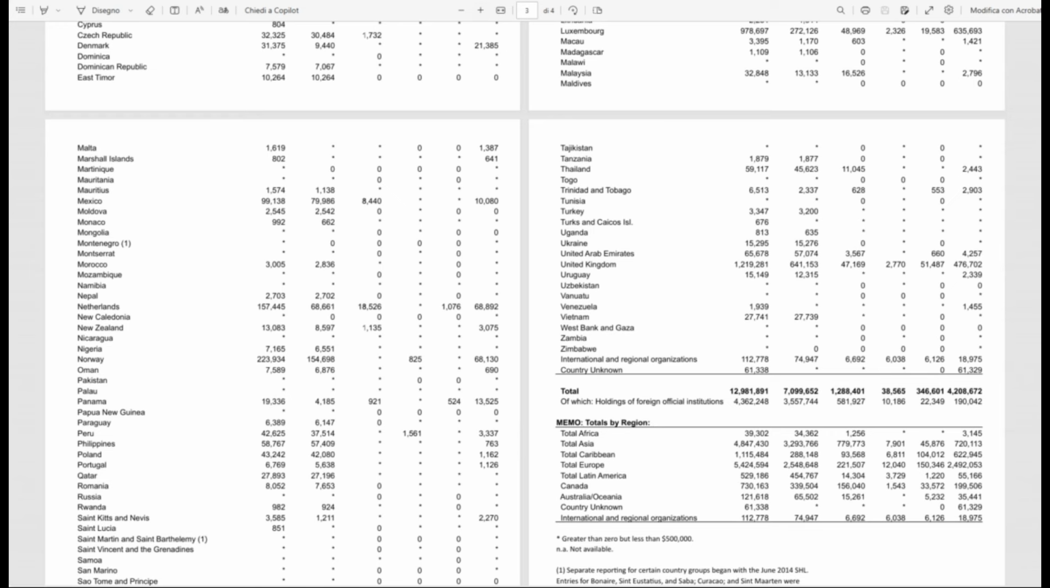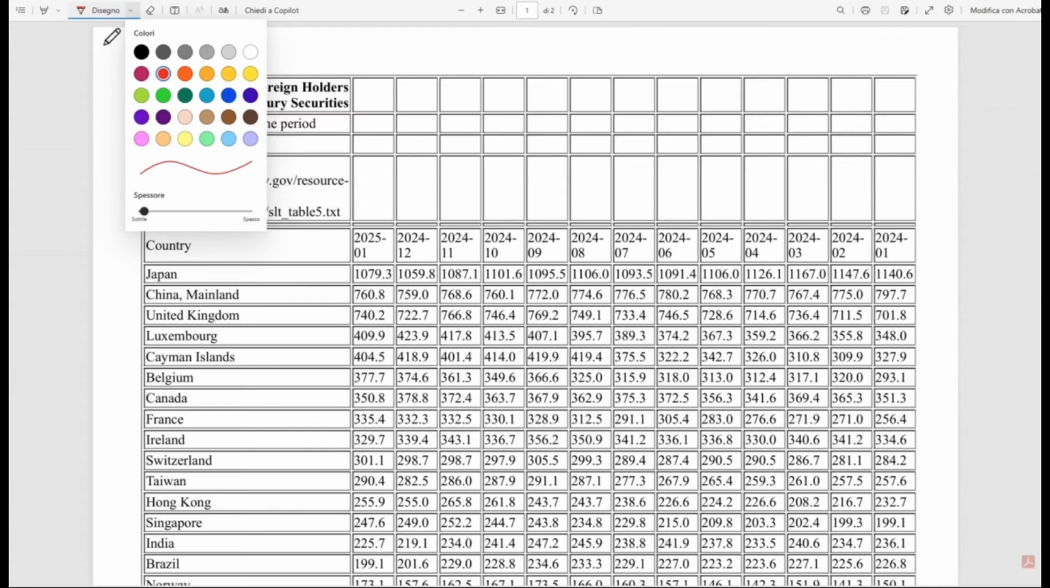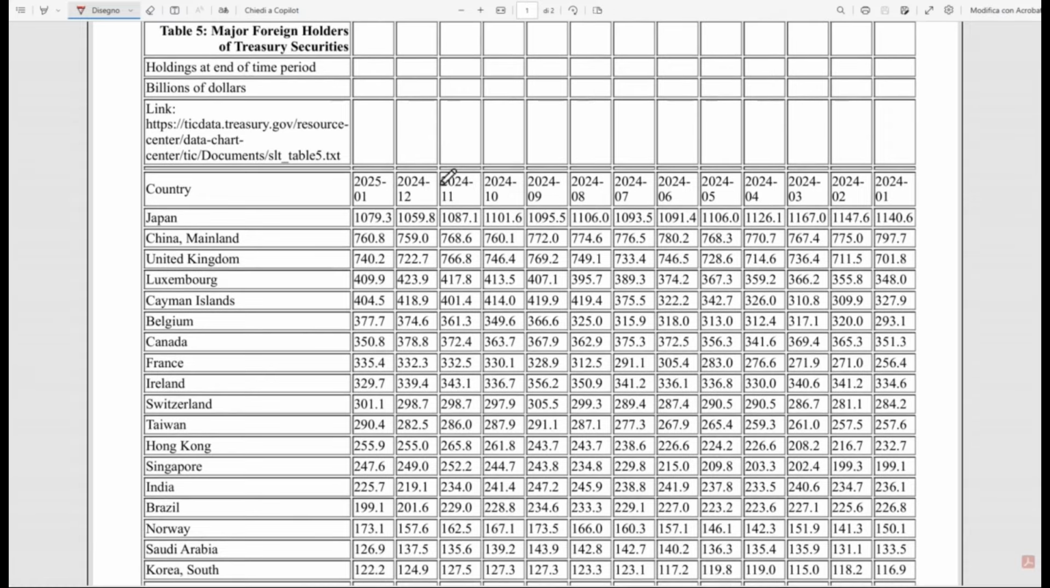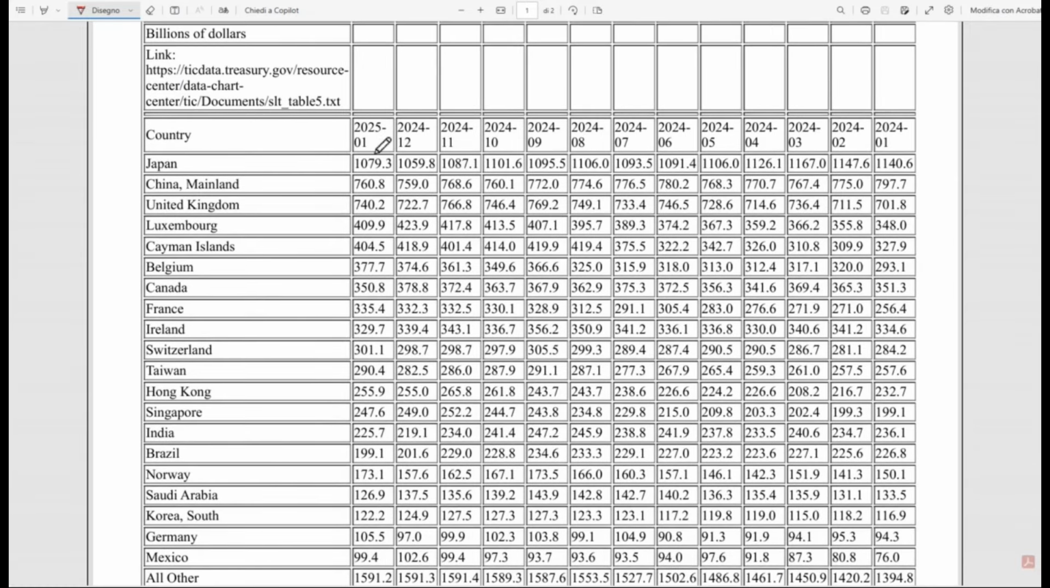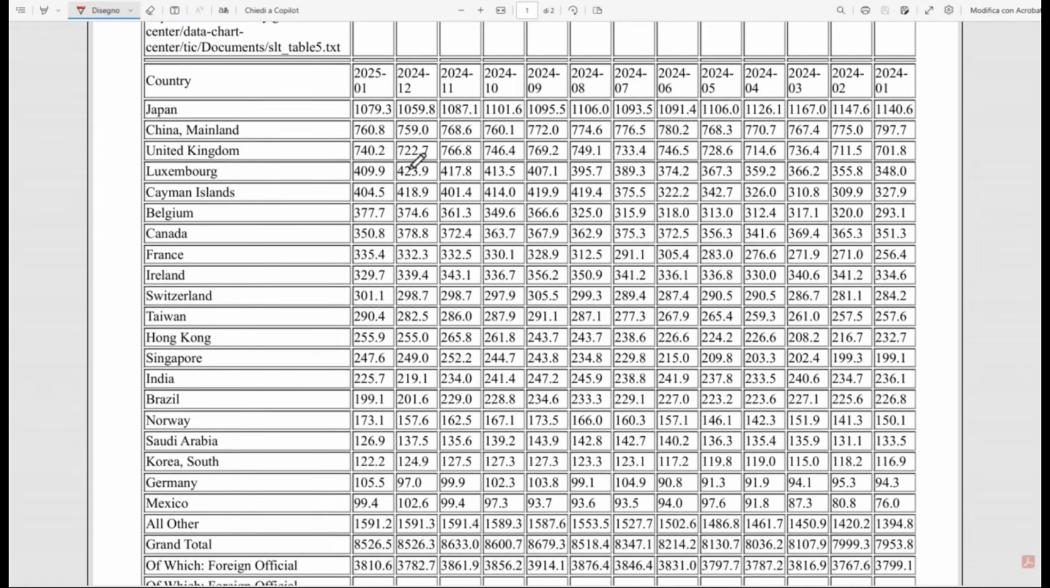So with more precision, we can see here the largest foreign holders of Treasury securities. As of January 2025, this is the latest data. In Japan, there is 1 trillion of US Treasuries. In mainland China, there are 760 billion. In the United Kingdom, there are 740 billions, and these are all part in the subsidiaries of Goldman Sachs, State Street, JP Morgan, and all the US banks that have their branches in the city of London and in Canary Wharf. They are all stuffed with US Treasuries,